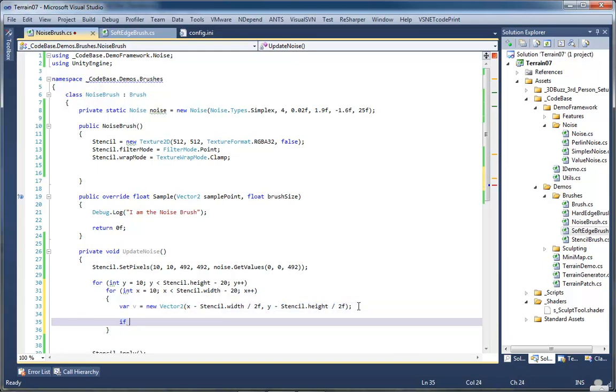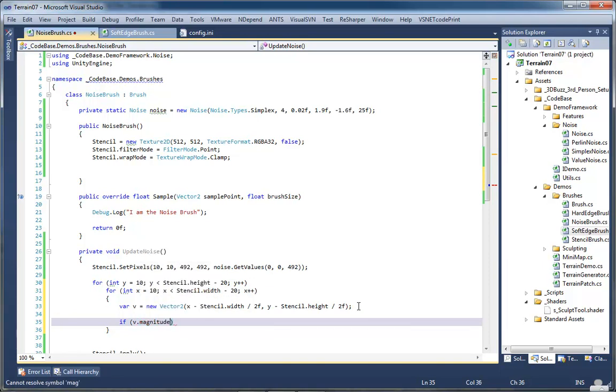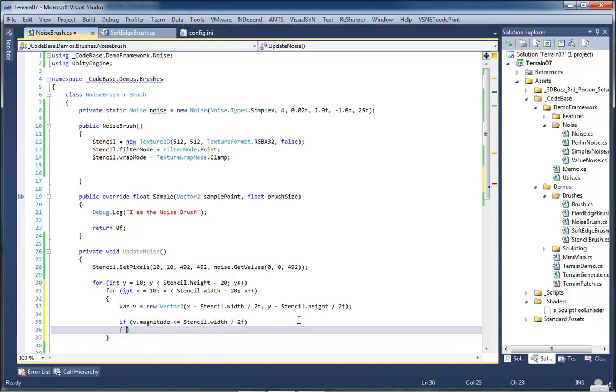And the reason I want to do that is we're going to do a comparison that's going to basically say if the magnitude of V is less than or equal to our height, or any one of these, it doesn't really matter because it's going to be a square image. So if I take the half value, so if we're less than half the distance,